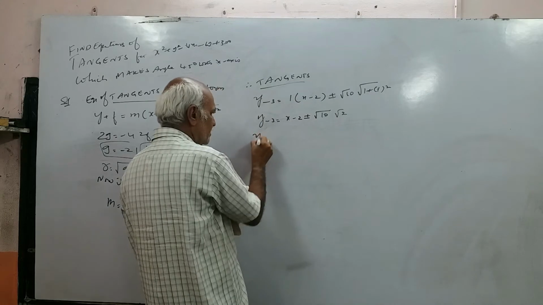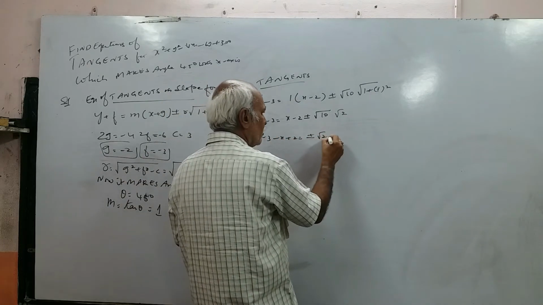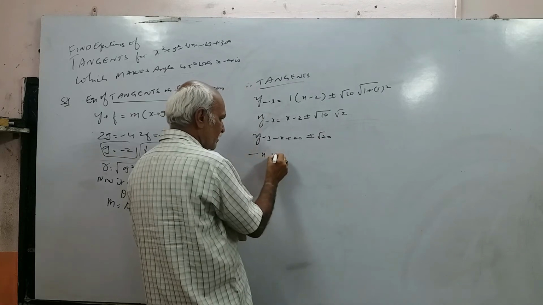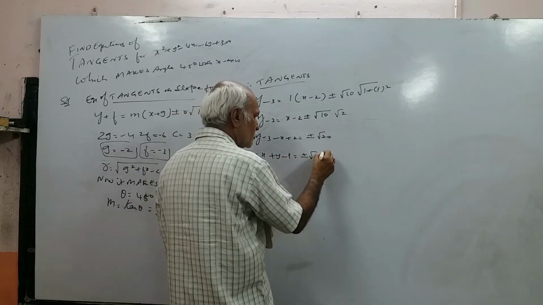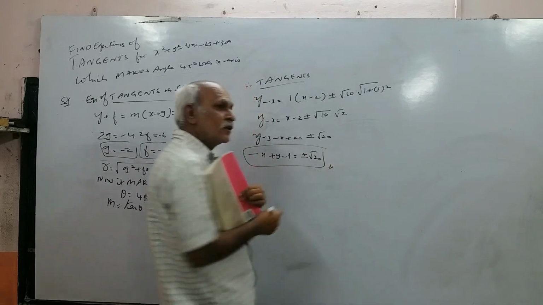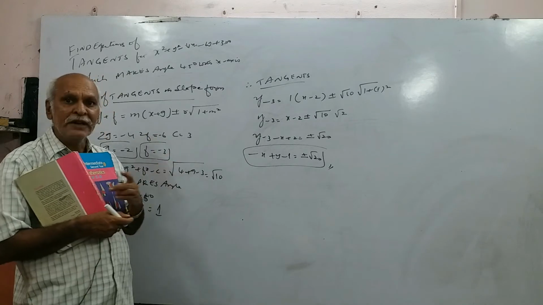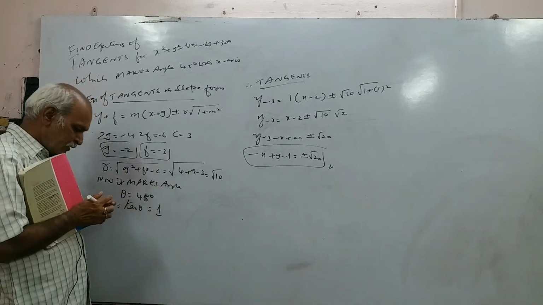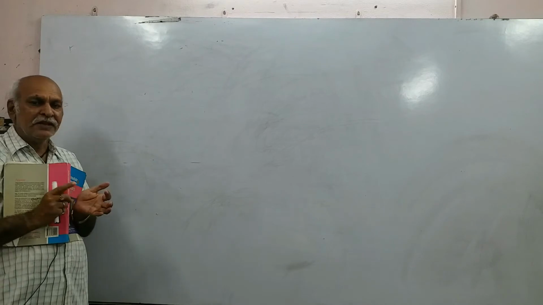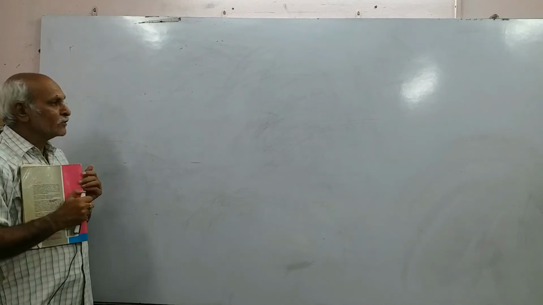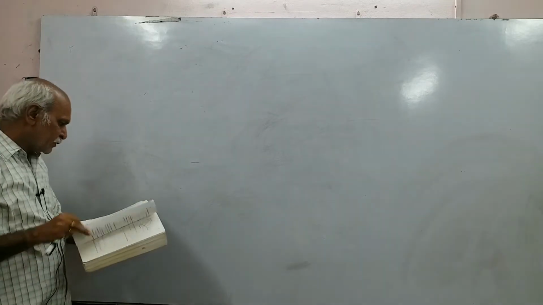Bring the term this side. Y minus 3 minus x plus 2 is equal to plus or minus root 20. So this can be written is equal to plus or minus root 20. So three conditions we have seen. One is parallel, next one is perpendicular, next one angle, sir. Please note on this. We have seen tangent equation, normal equation, then we have seen length of the chord, and we have seen tangents in the slope form. Okay, there is one more model in this. What is the next problem?